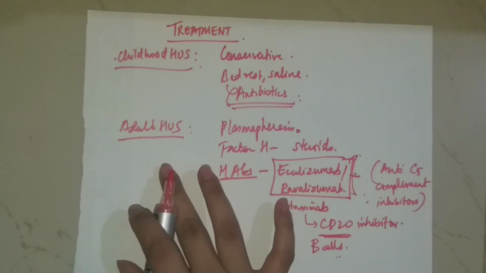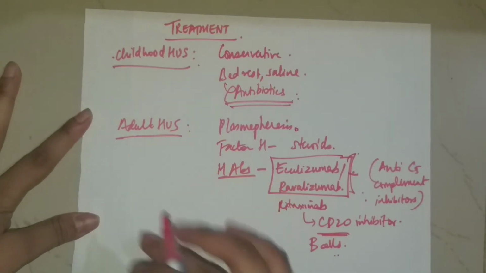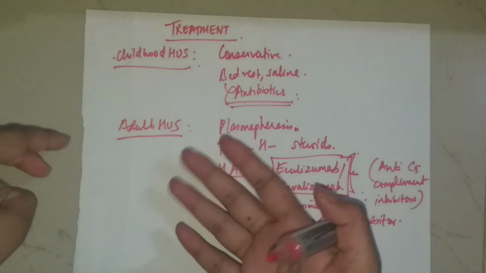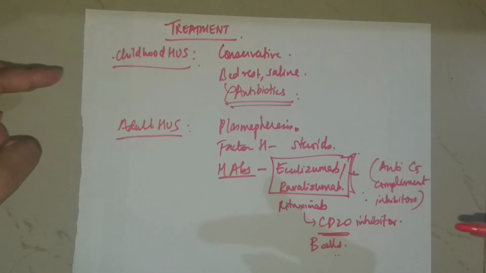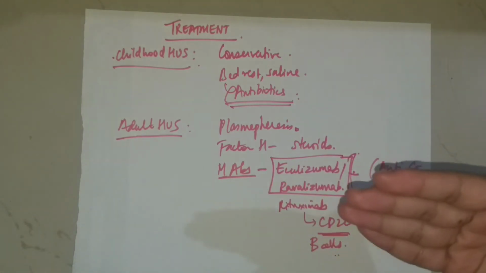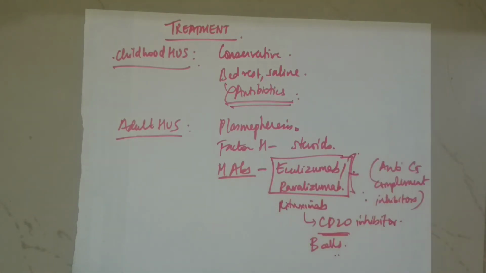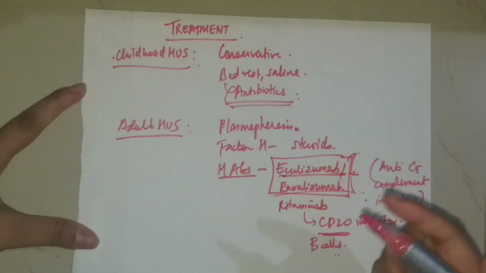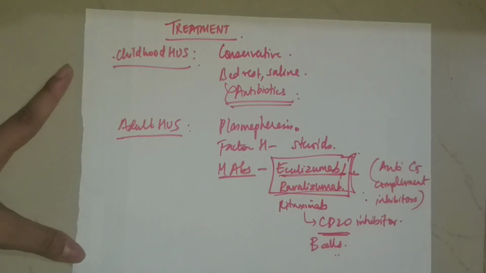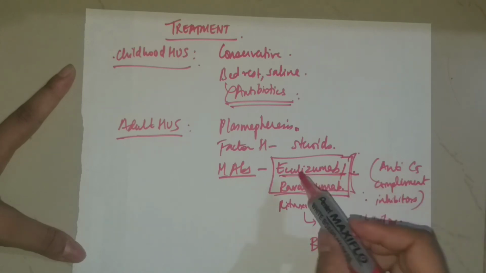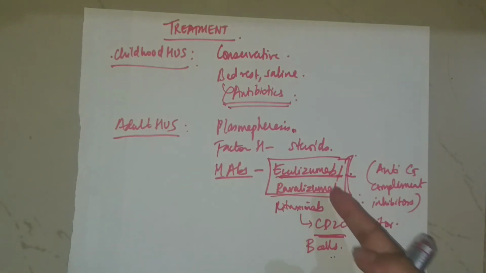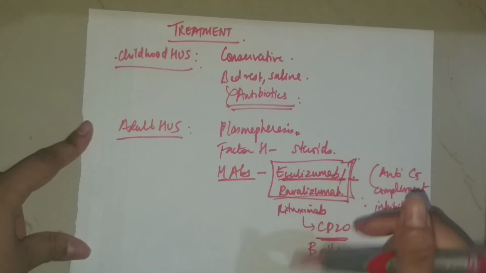In adult HUS, the manifestations occur only when there is a trigger. So after it is treated, there can be complete remission, but again it can recur because of the same trigger or some other trigger which is causing endothelial injury. So it's better to continue eculizumab indefinitely in the lifetime, because you can't exactly prevent triggers from coming. Eculizumab will prevent the overactivation of the complement, so you have to take it throughout the lifetime.